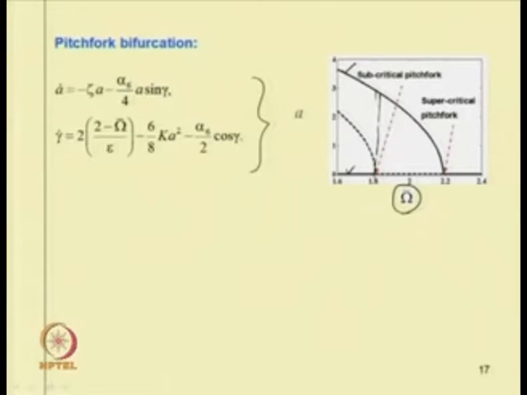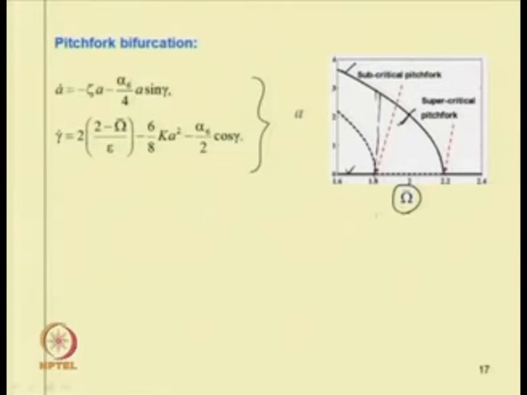So, in this range one has to plot the basin of attraction to know for what initial condition which response of the system will exist. In the basin of attraction, one can find for what initial conditions one will have a trivial state, and for what initial conditions one will have the non-trivial state. And similarly, from 1.8 to 2.2, we have only the non-trivial state.